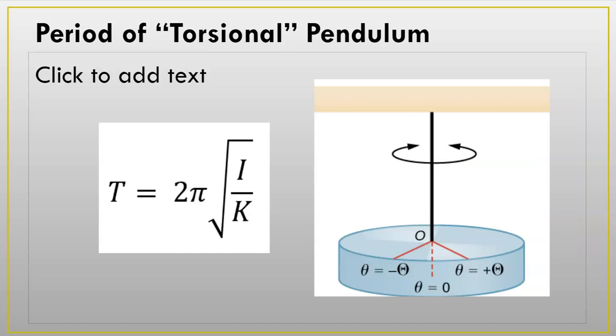This is the torsional pendulum. Basically, on this one, you've got something kind of stiff here. It might be a metal rod or something. Then there's this object hanging here from it. But if I were to take that object and rotate it just a little bit and then turn loose, the torsion, the twistingness of this rod right here is going to flex it back one way and then the other. It's going to oscillate. This disc right here is going to turn one way and then the other, back and